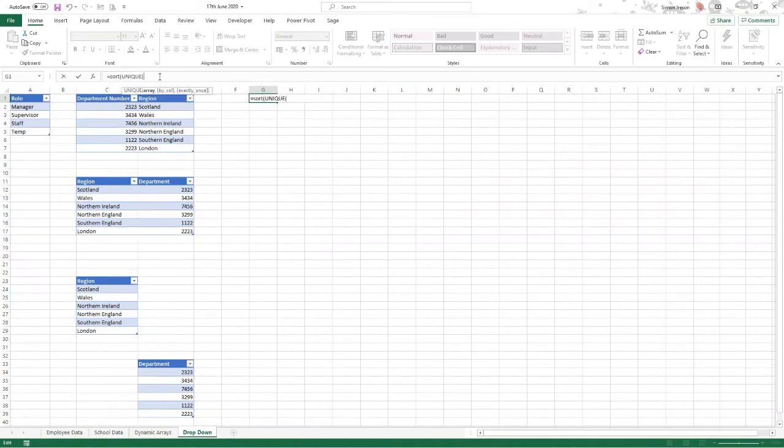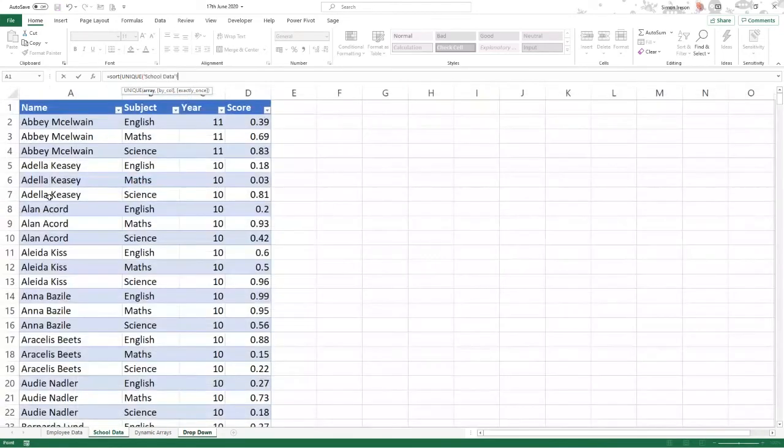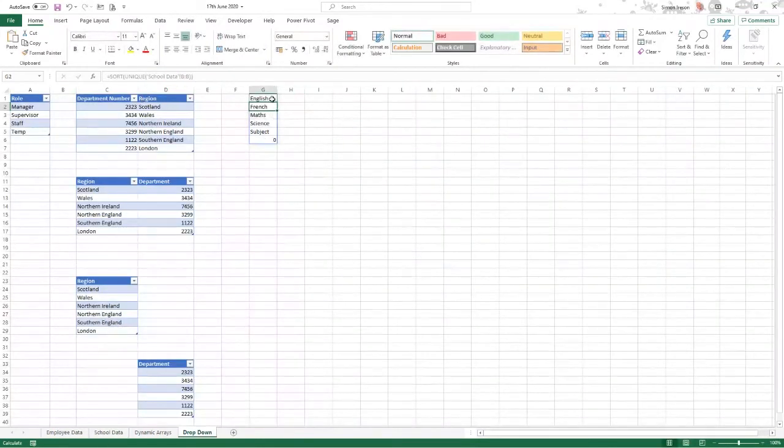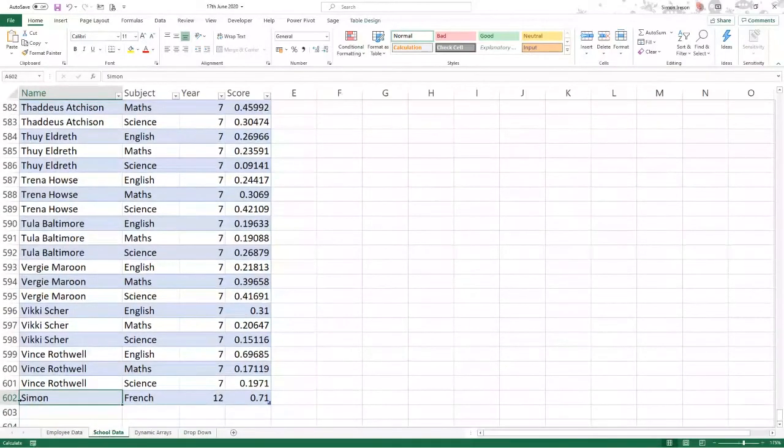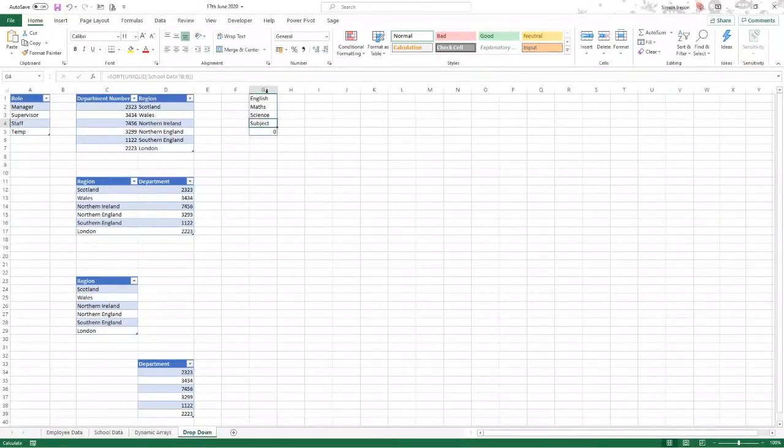To sort, I'm going to use the unique value option, and I'm going to say I want to sort the unique items of subject within this table. That's going to give me all of the subjects in this table in order. I'm going to remove this item here, and I want you to see that it adjusts this table depending on the data that you've got within your database. So I've now got a list of subjects that we've got within that table,